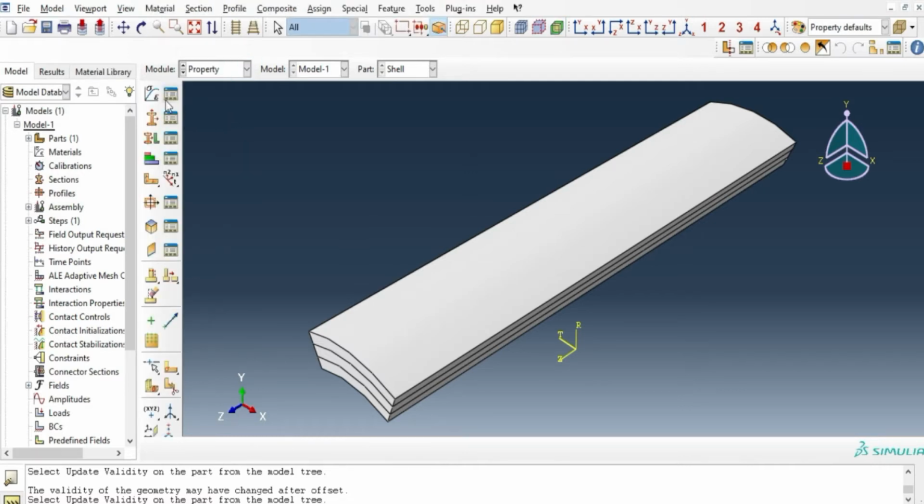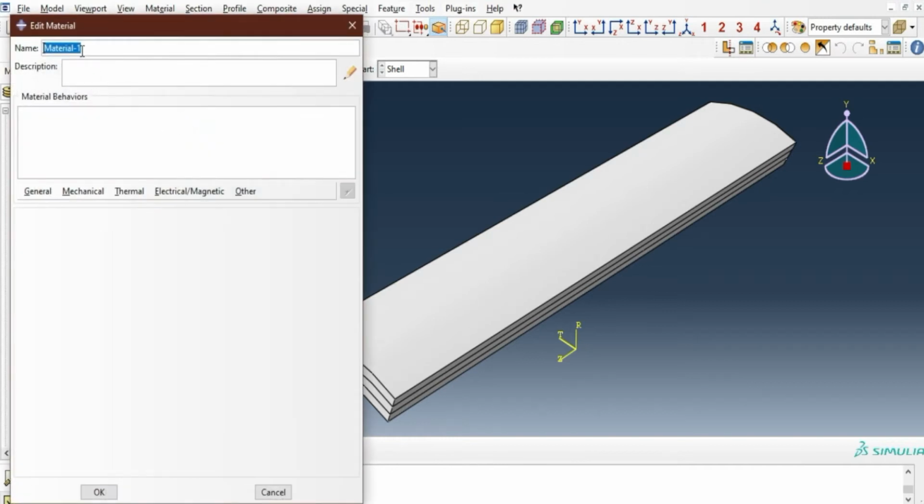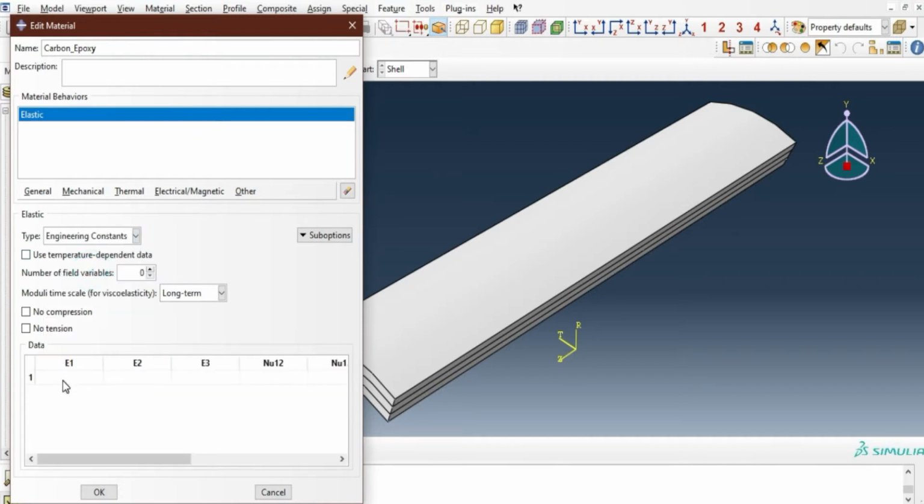Then go to the Property module and create a material, carbon epoxy. Go to Mechanical, Elasticity, Elastic, and set the type to engineering constants. Give the 9 engineering constants: E1, E2, E3, nu12, nu13, nu23, and G12, G13, and G23 respectively.